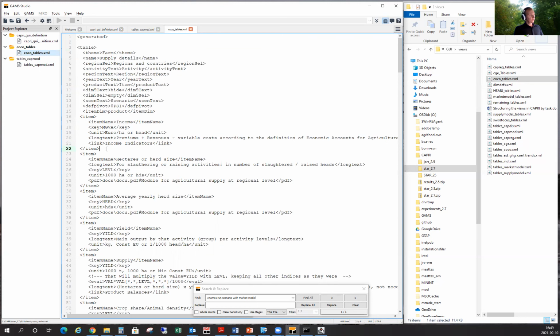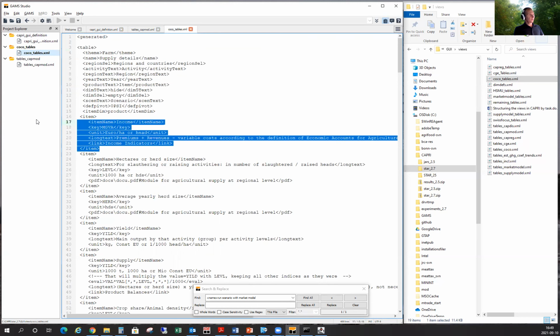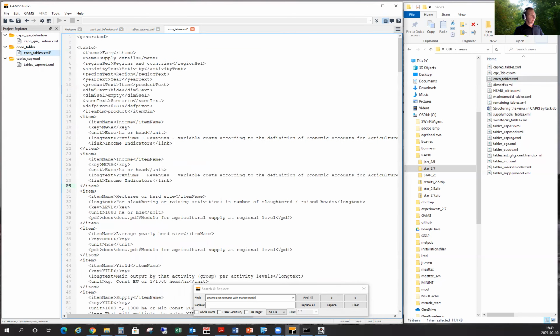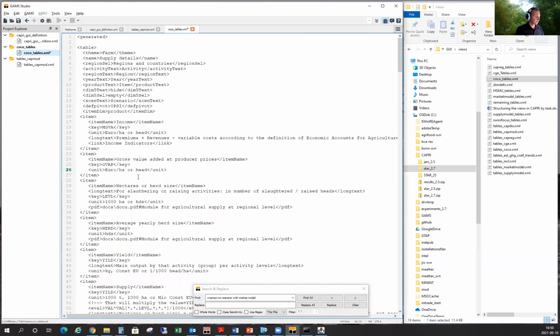So in order to get my data in here, I copy this item and modify it to mean gross value added at producer prices. It is supposed to point to the key, the database key that we found out earlier to be GVAP. The unit is still correct, I know that. The long text and the link are not going to be used here, so I delete those for the time being